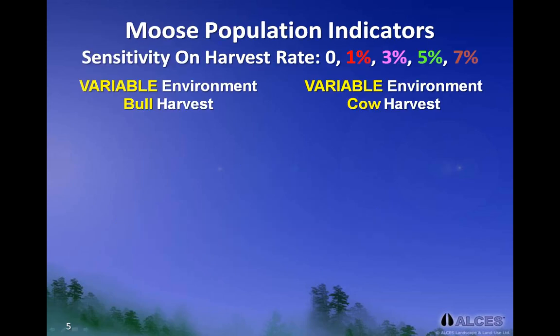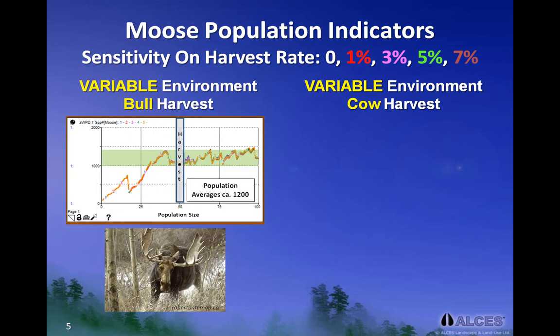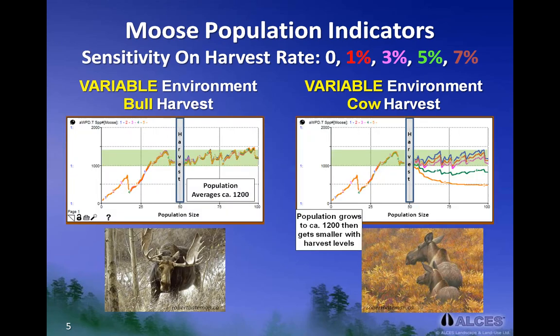These next graphs will show population response to bull harvest and cow harvest at 5 different levels of harvesting, under the assumption of a variable environment. The key distinction between the two graphs is that a bull harvest appears to be sustainable to the extent that it does not cause an observed reduction in population sizes. A visual comparison of the colored lines suggests that the population is resilient to the bull harvesting rates, which ranged